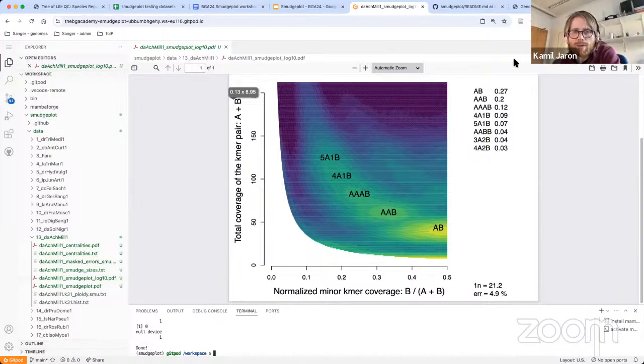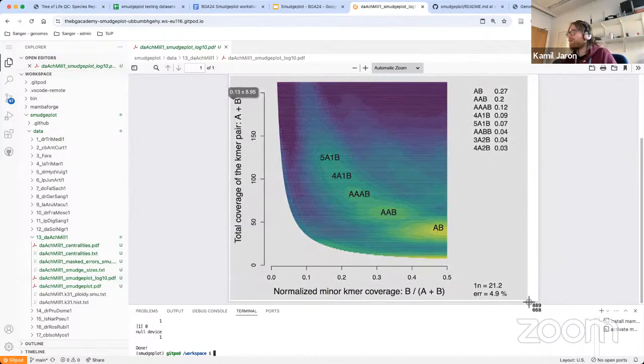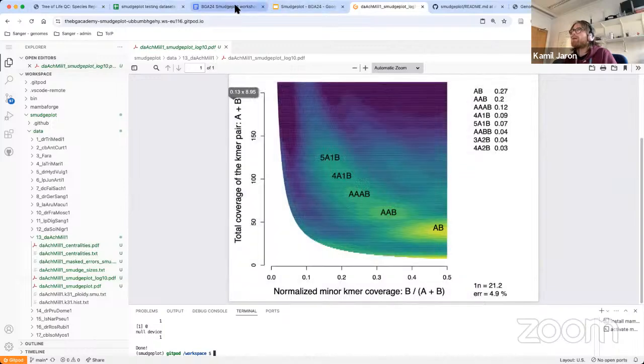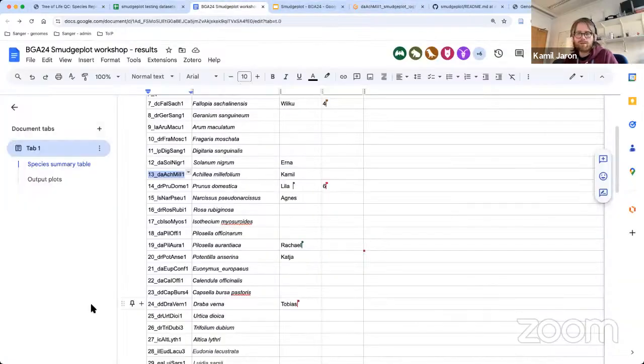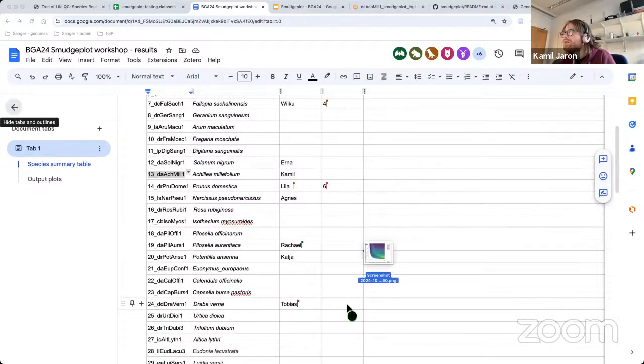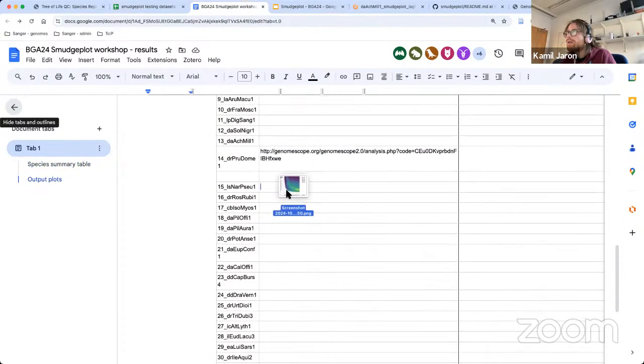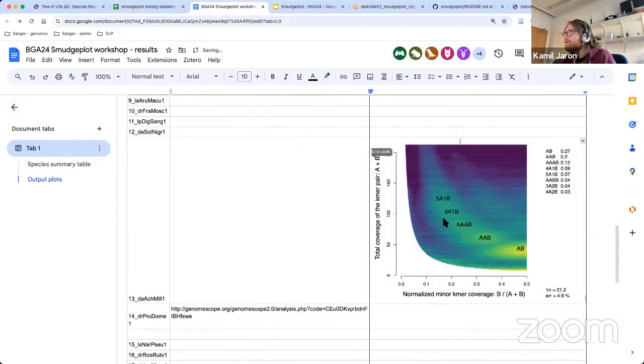So you see this, your Smudgeplots. So I guess PDFs are hard to... not too hard, but where is the file? Damn it, screenshots. There it is. There you go. That's what I hope people would do. Fill me this with Smudgeplots.